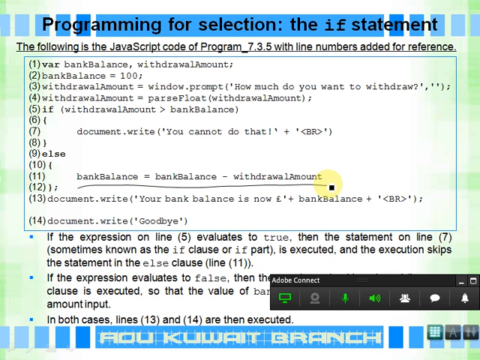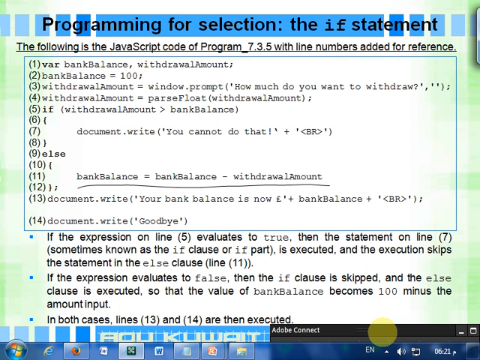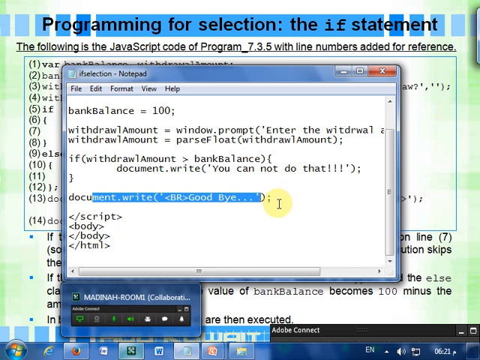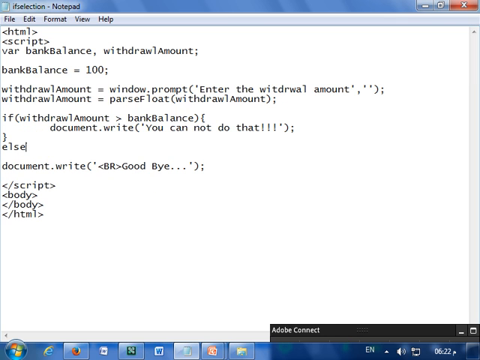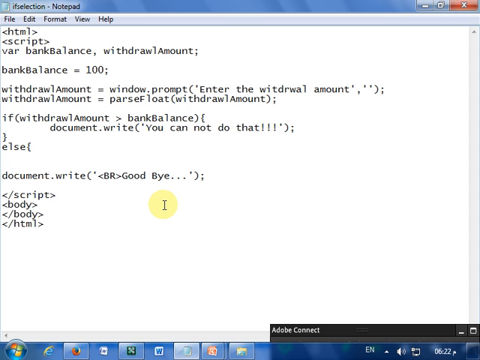We'll deduct the withdrawal amount from the balance if the condition is false. That means the withdrawal amount is less than the balance amount. So in our program, we now need to put the else part for our if. In the else, we will make the bank balance